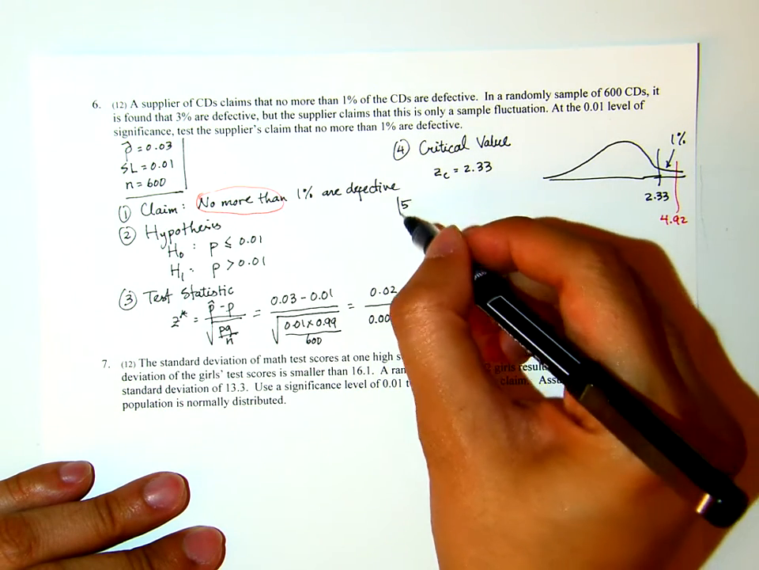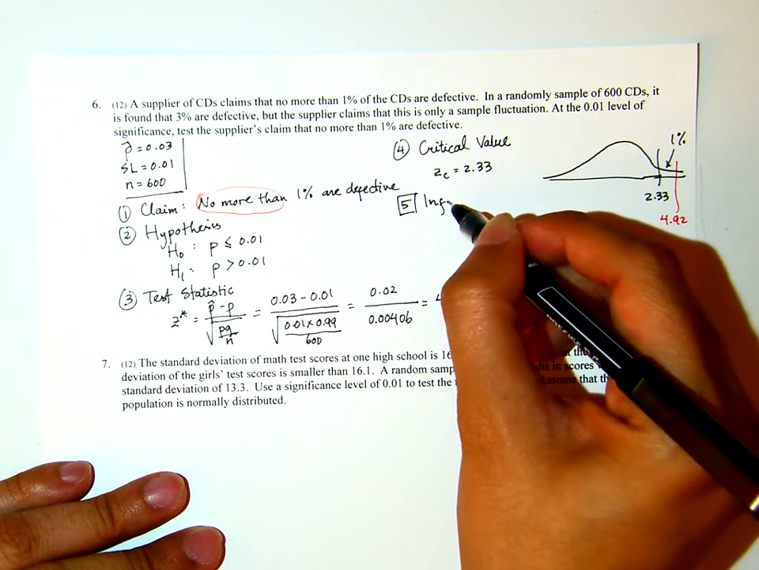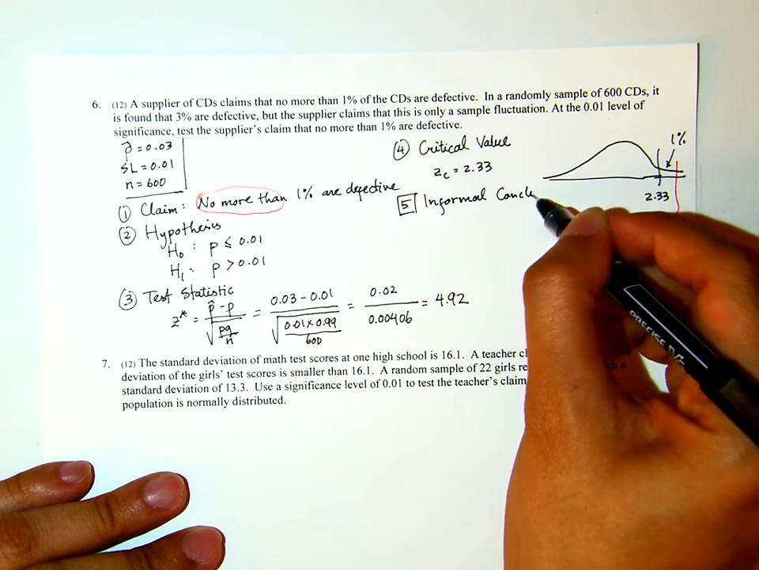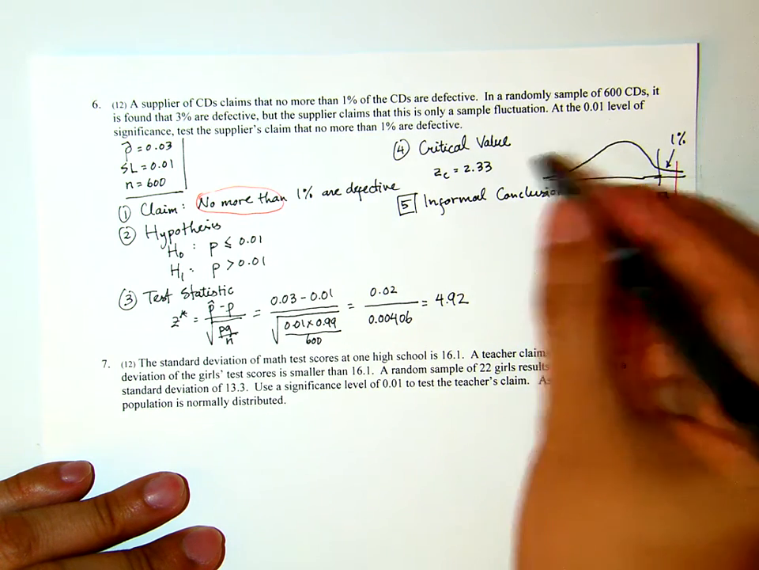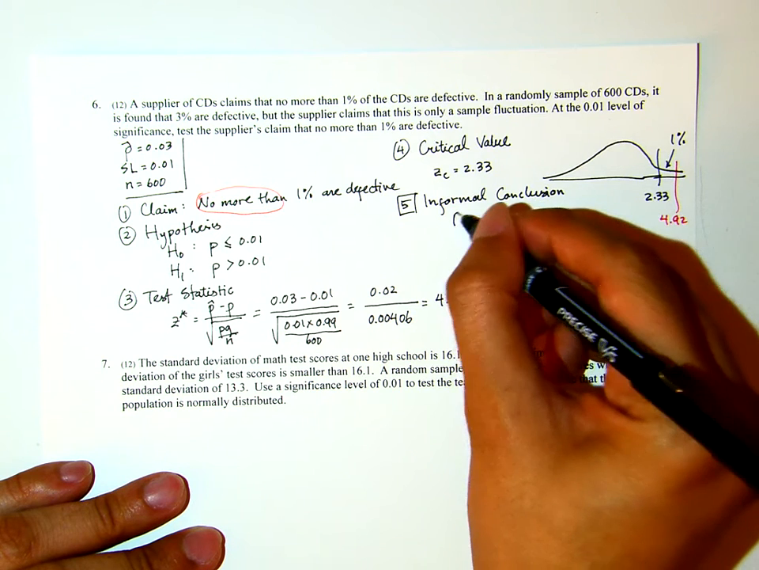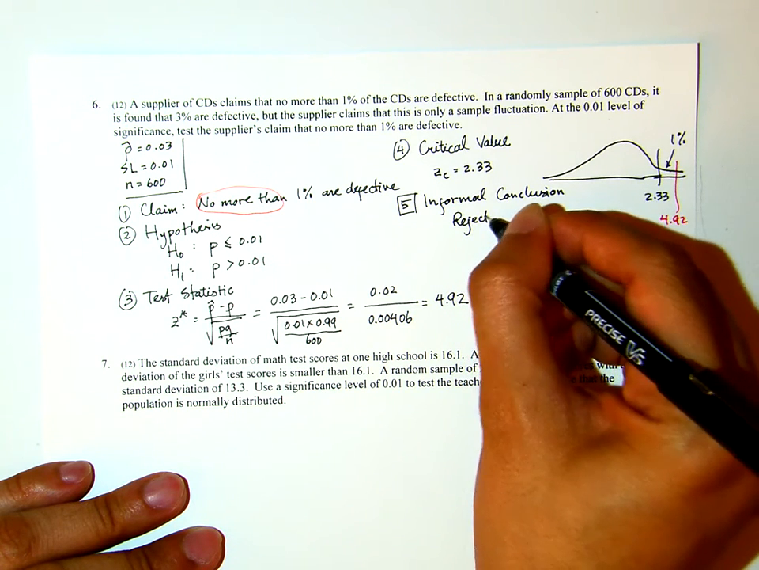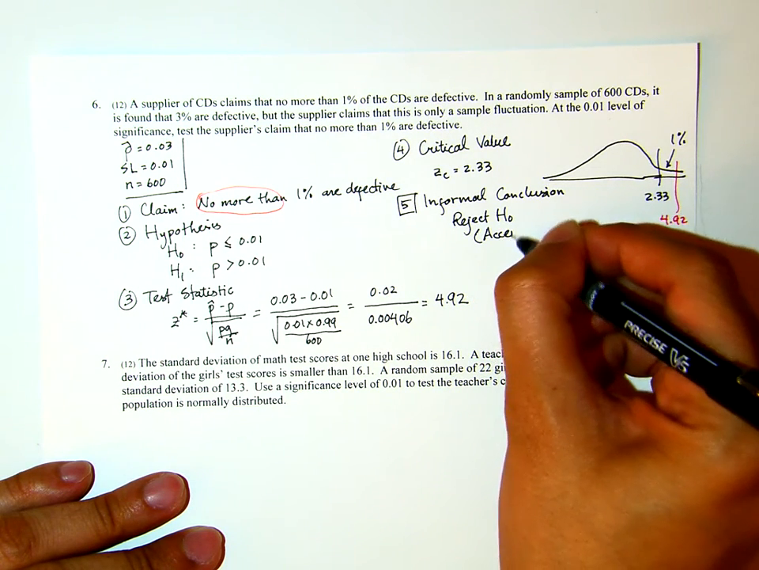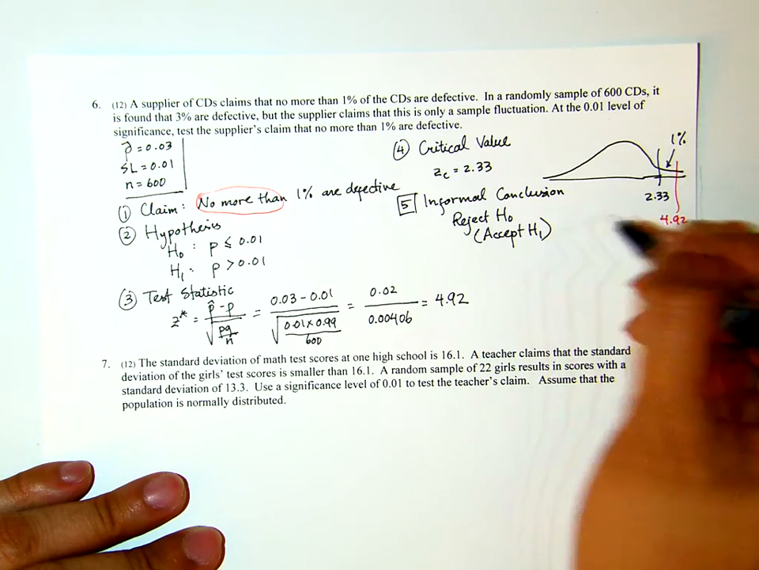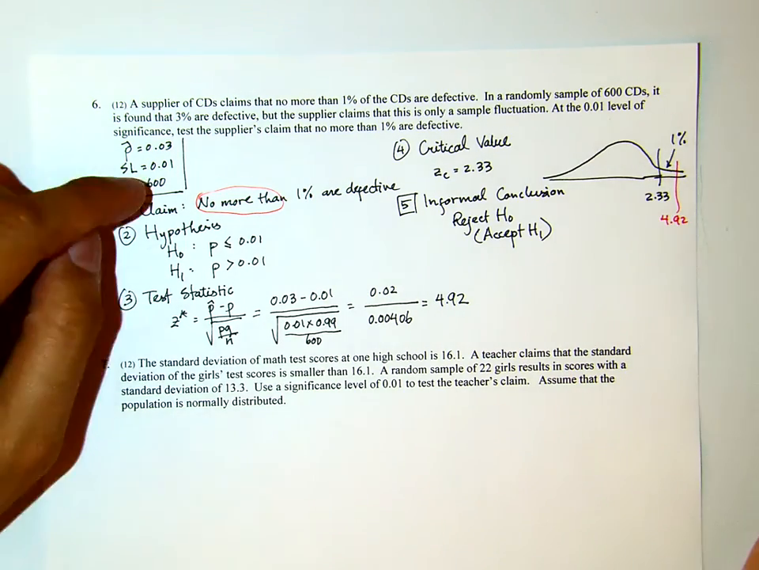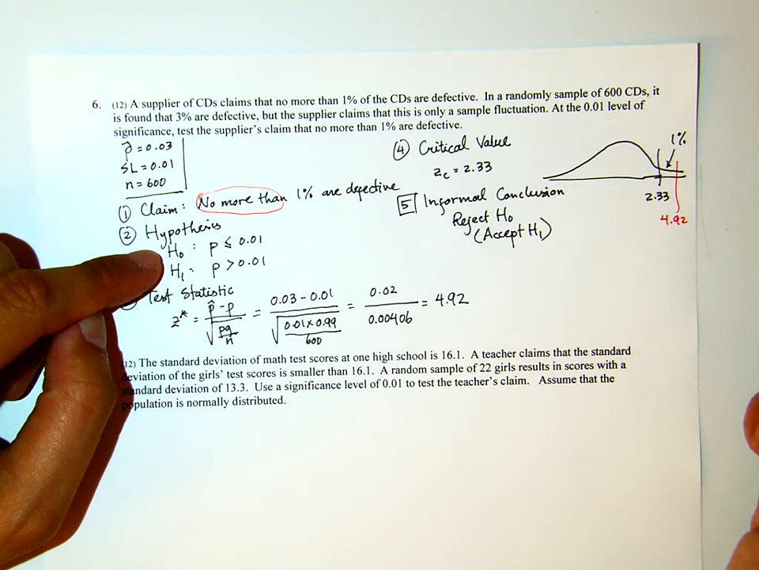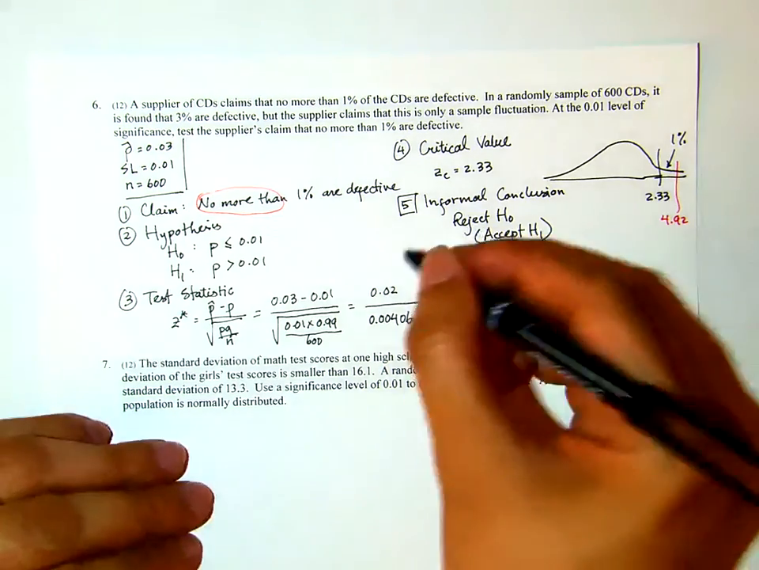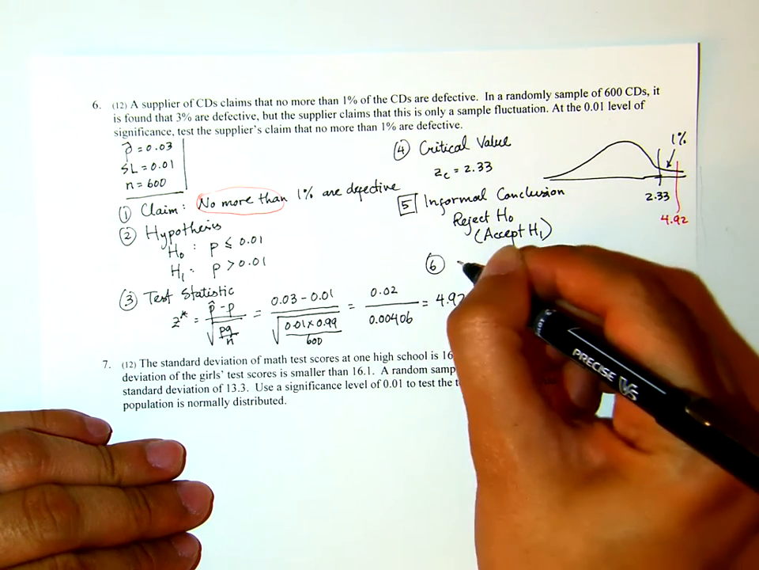Therefore our informal conclusion will be we reject the null hypothesis, or another way to say, we accept the alternate hypothesis. Now, our claim is actually the null hypothesis, which means we will reject the claim. Okay, let me do it here. So the conclusion,